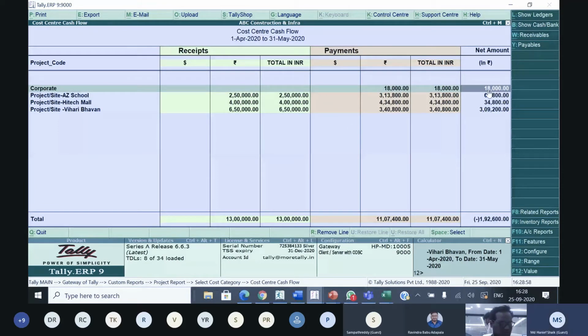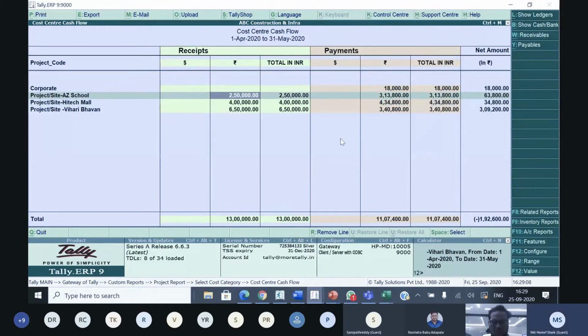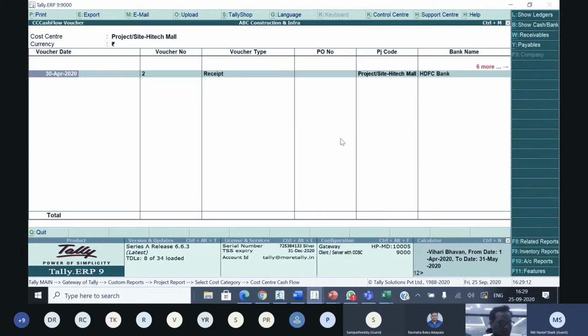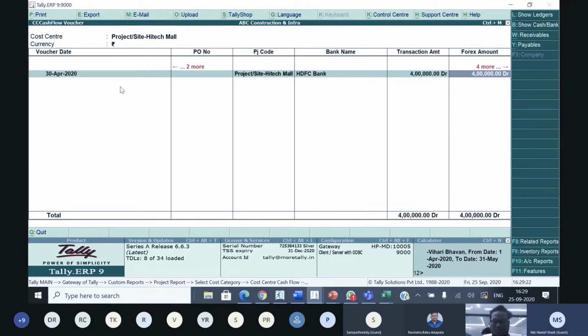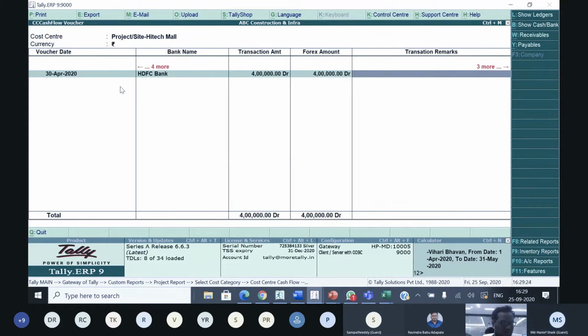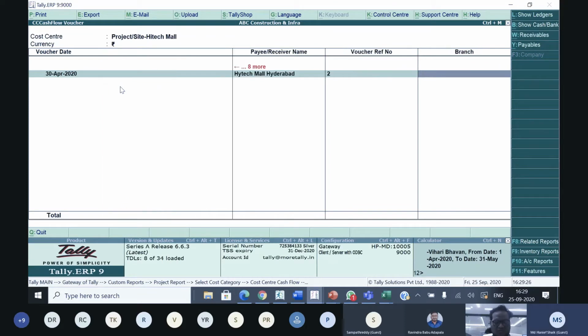If you want to find some facts here, like this 4 lakh value you want to check, simply press enter. It will show the receipt details: voucher date, voucher number, voucher type, sale order number, project code, project name, bank, transaction value, remarks, payee, reference number, branch and everything.